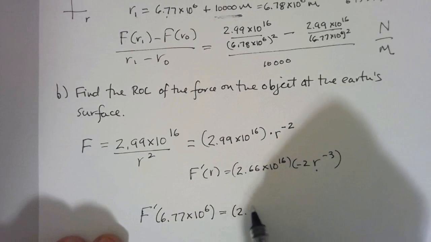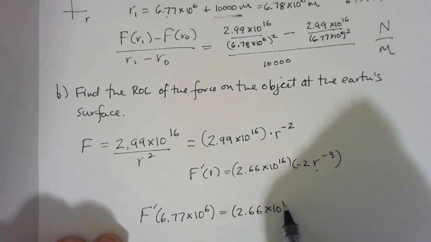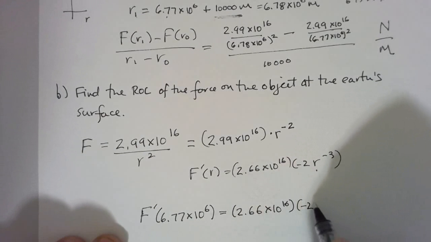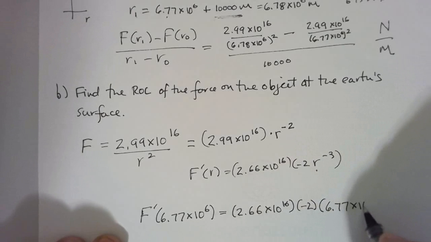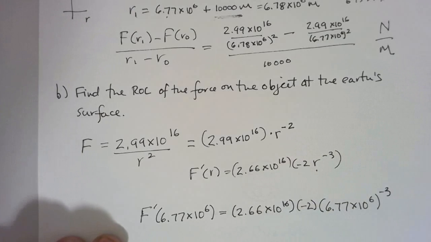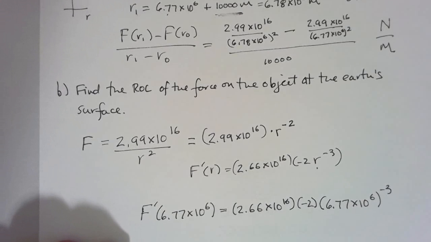So it'd be 2.66 times 10 to the 16th times minus 2 times 6.77 times 10 to the 6th to the minus 3. And what is that? That is